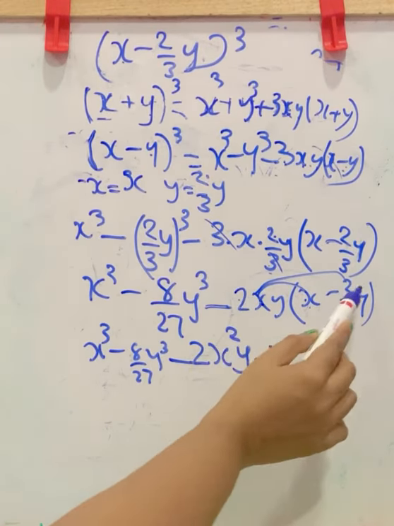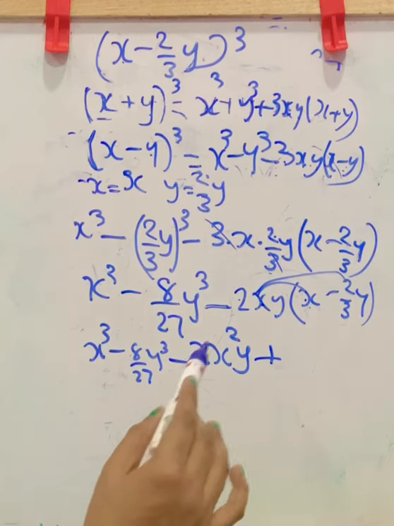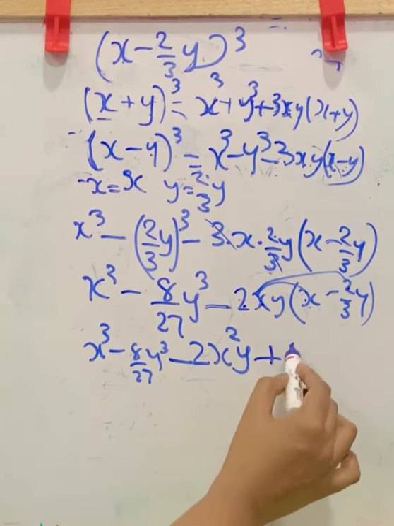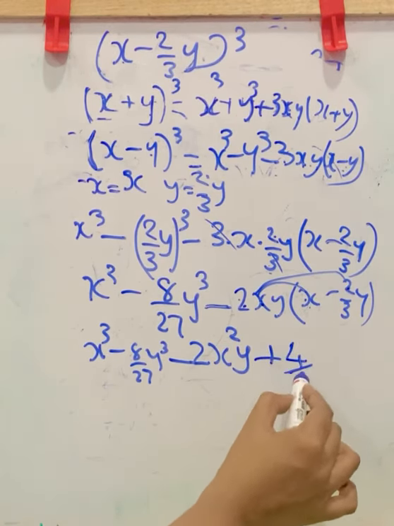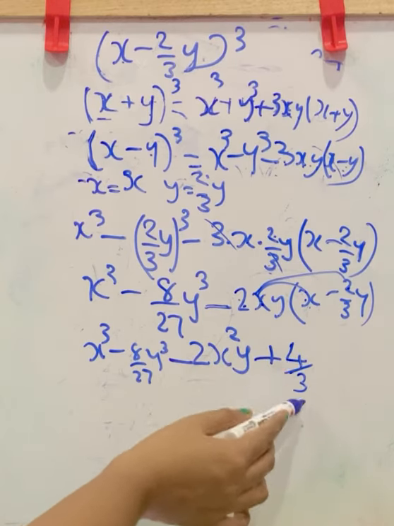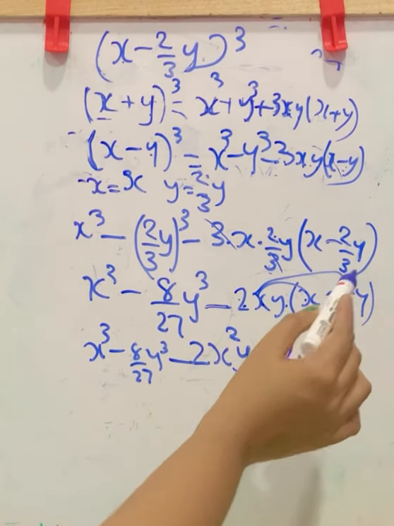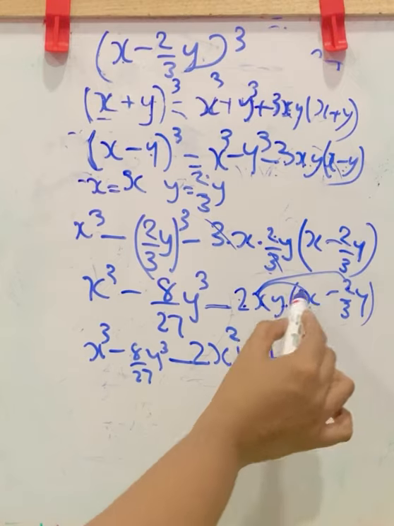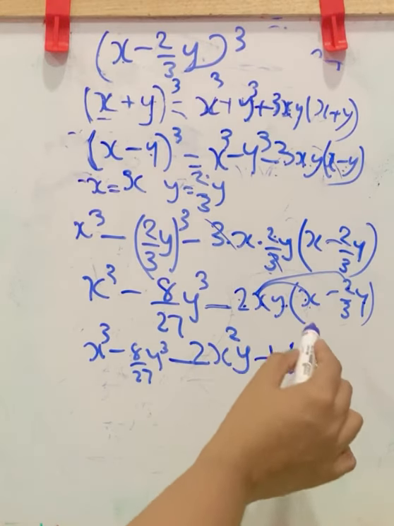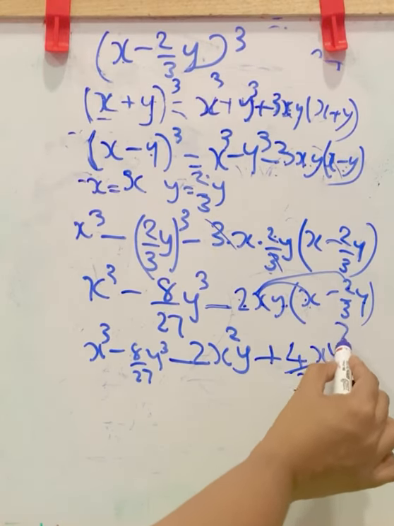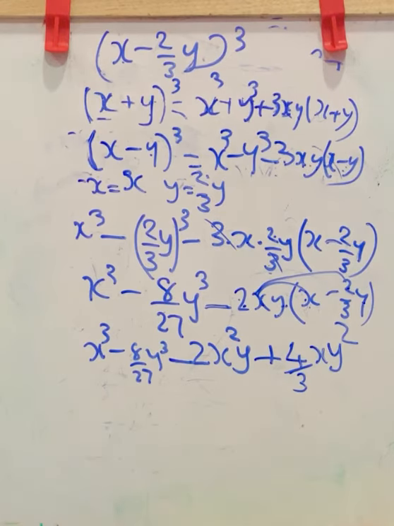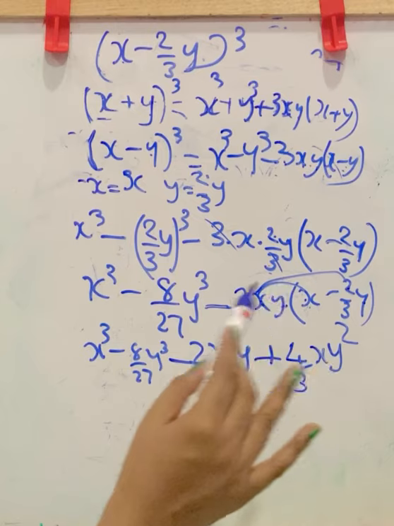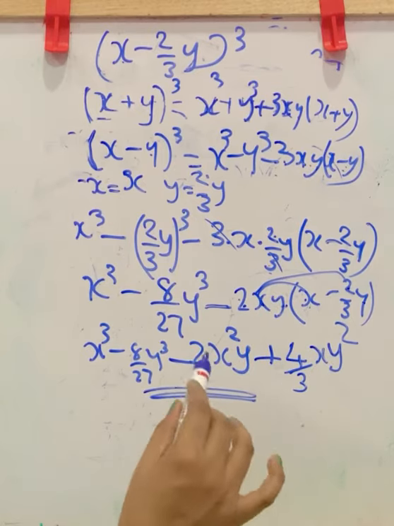This 2 and 2 are in numerator, so you can't cut it. Multiply it. 2 into 2, 4. 1 3 is there in denominator. This is the fraction. Now xy into y. Here x, y into y is y raised to 1 into y raised to 1, that is y raised to 1 plus 1, 2. Now you can check, is there any common variable term to do the operations? No. So this is the final answer.